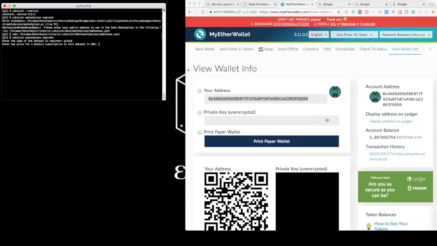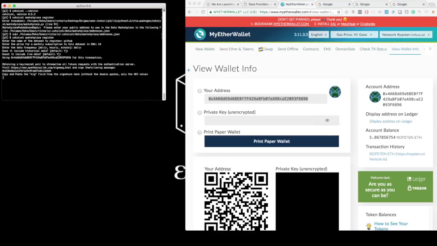What's the price for a monthly subscription to this dataset in ENG tokens, which I set to 10. It asks me for the data frequency that this dataset comes in, and it's daily. Does it include historical data? Yes. Does it include live data? Yes. So now Catalyst informs me that we'll be using this address for this transaction, which is the one that I've